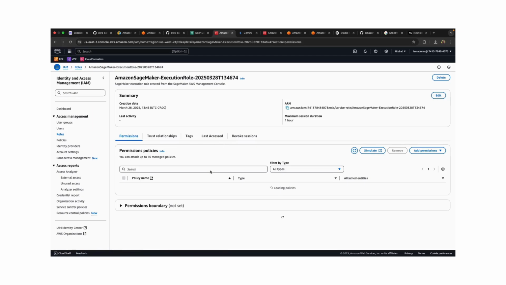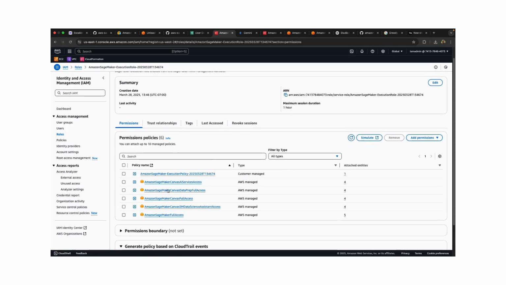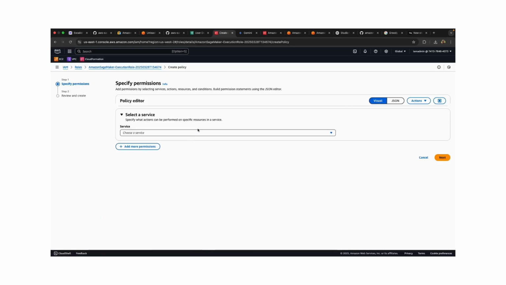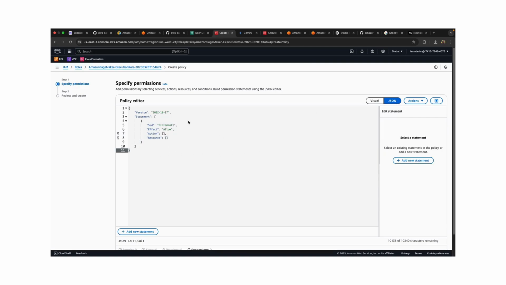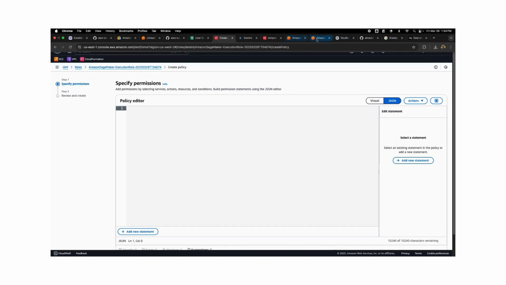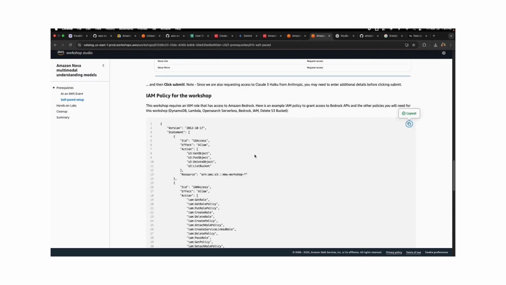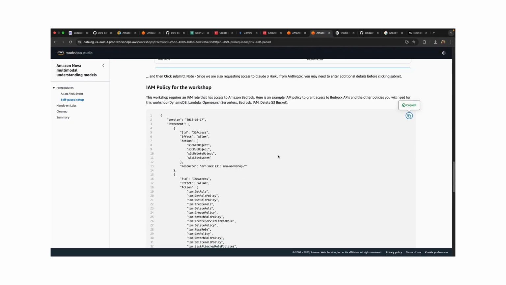Click on that. As you can see, it has a set of policies that are available, but then you need to create an additional one. So go to add permissions, create inline policy, go to JSON, and here you will paste the IAM policy from the workshop that's listed here.